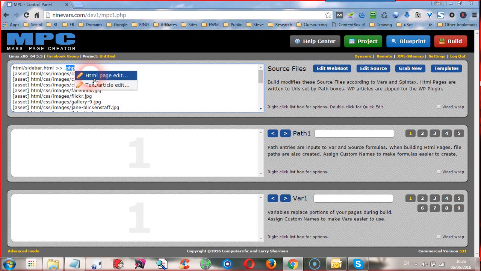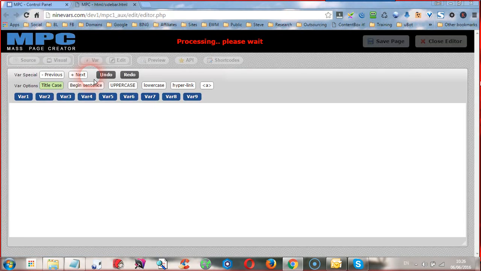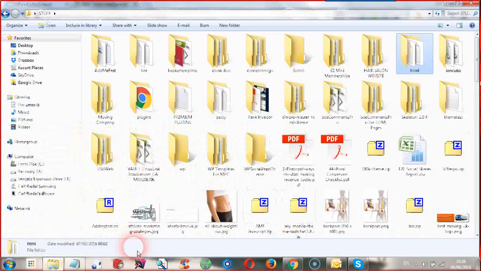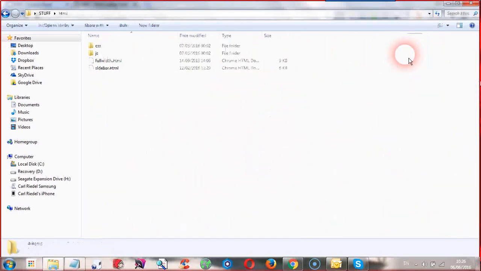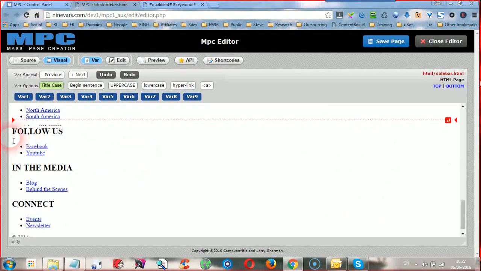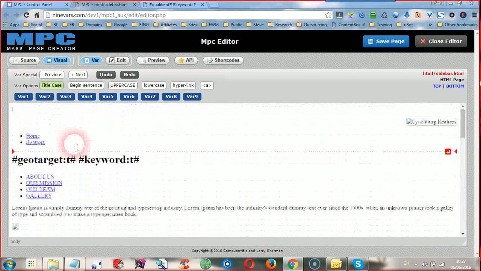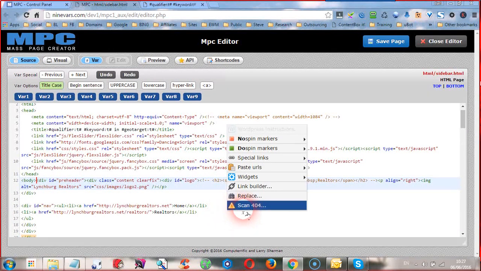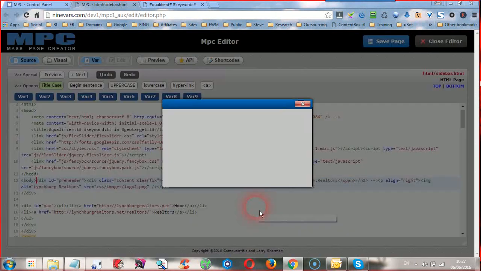We've got to prepare this template now for production, for use, but it actually looks like this because it's all broken. It looks all broken while it actually should have looked like this. And that's because at this point MPC doesn't know where the assets are. MPC doesn't know where the CSS is, it doesn't know where the images are, it doesn't know anything. So you've got to go to source and then right click and scan 404s. And click scan,